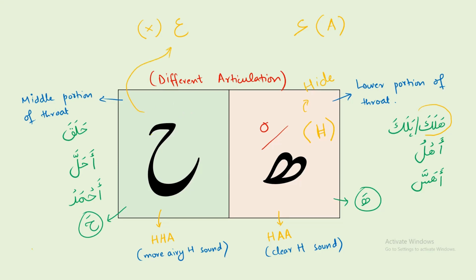We push the tongue a bit backwards, and what we do in this ha, it is a bit more airy, like a bit more hollow, airy sound. We push air out of our throat, and we say ha, ha. And for this second ha, I mentioned the procedure, the way in winters, especially in winters, what we do,